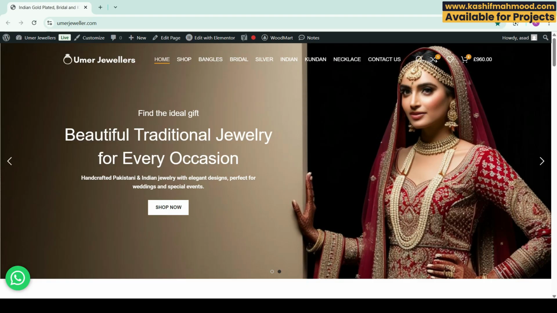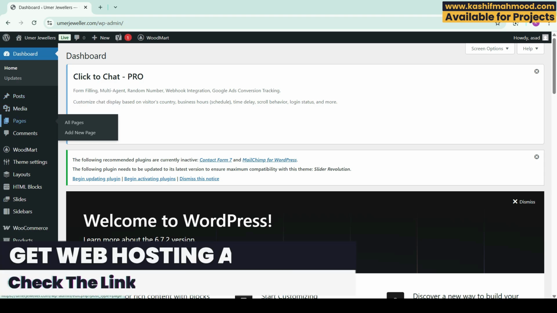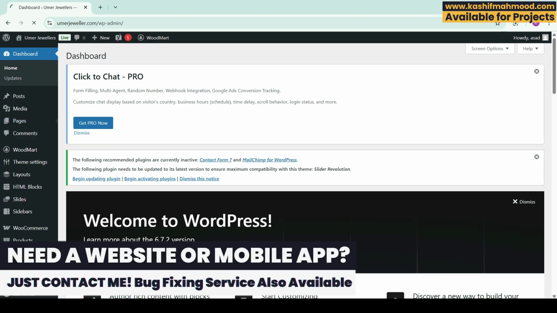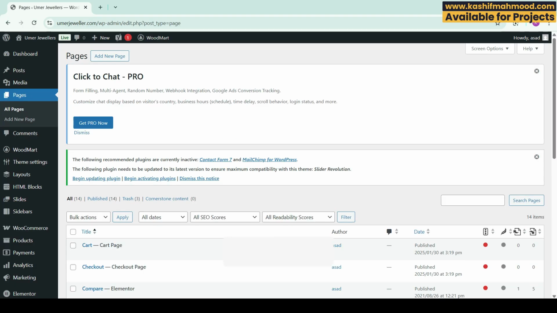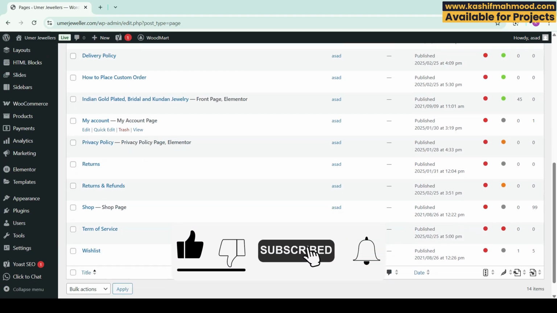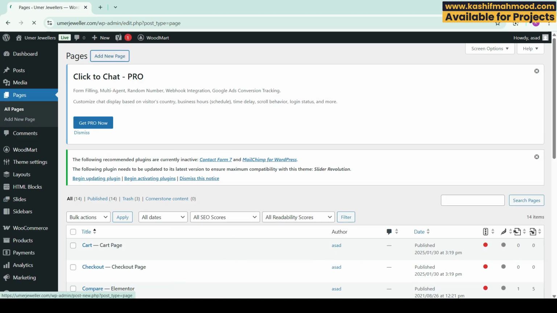To add the blog, just go to the dashboard. WordPress has a default feature for blog that is called posts. Here you will see the posts and you can add them, but to create a blog page you first need to go to pages and click on add new page. You can first go to all pages and verify that you don't have a blog page already, because when you install some themes the blog page already comes with them. So here you can see that I don't have a blog page,